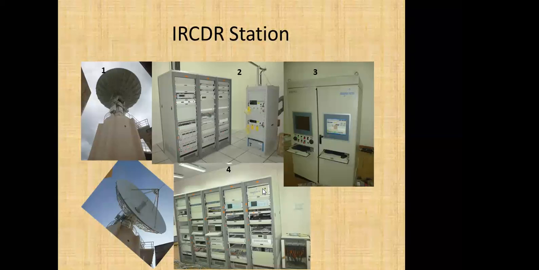We also have a timing receiver, which gets time from the IRNSS satellite, and all IRCTR stations get time from the IRNSS satellite, and the server at the IRCTR station works based on the IRNSS time. So suppose we give a command to the antenna to move towards the satellite. All 4 IRCTR stations will move at the same time. So we are doing the ranging of the satellite at the same time. Then we are doing trilateration or another method for computing the orbit of the satellite.